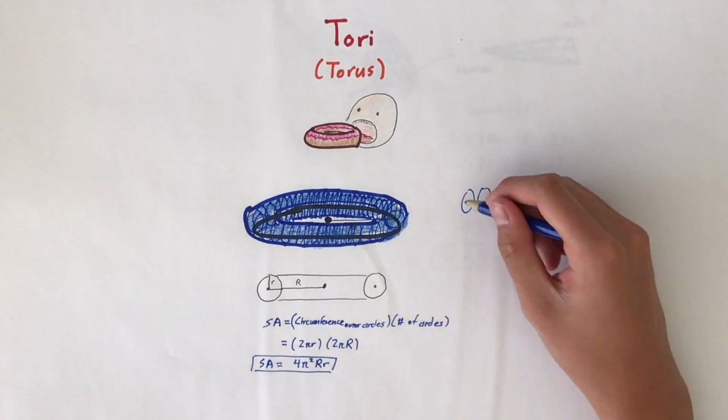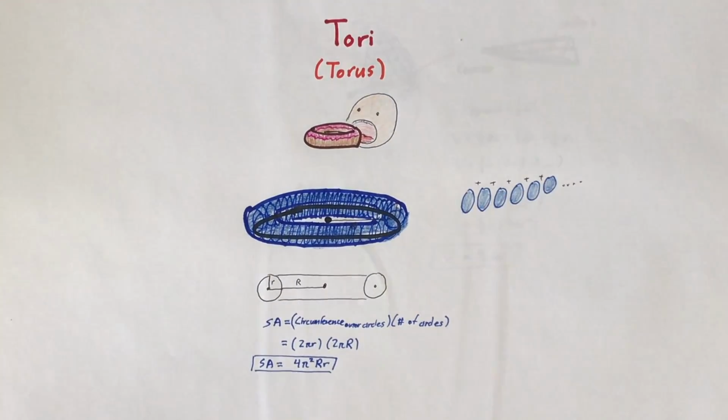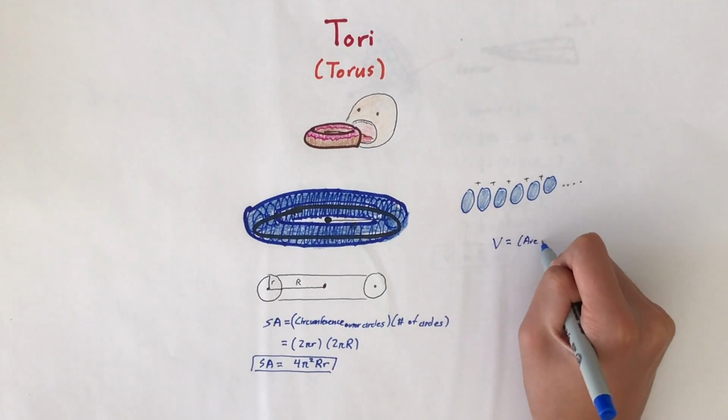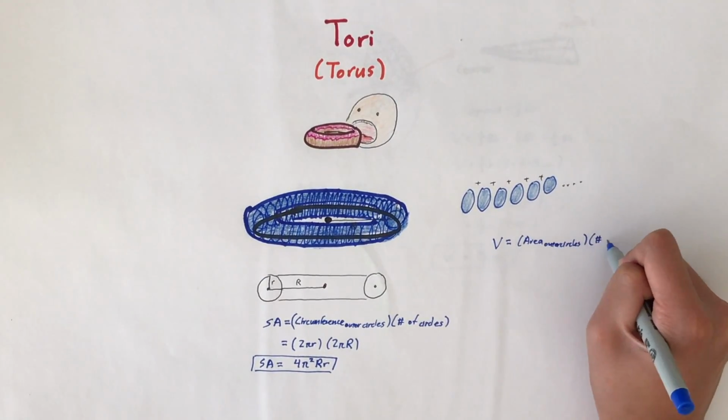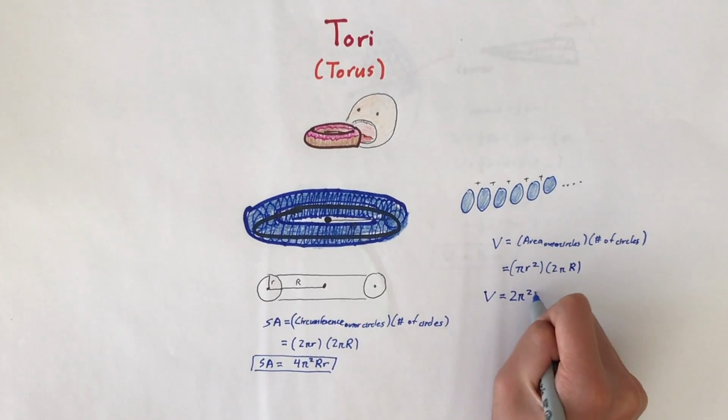And in the same spirit, the volume of the torus would basically be the sum of all the areas of all the circles. So that would be pi lowercase r squared times the number of circles, which is 2 pi uppercase R, and that's 2 pi squared uppercase R times